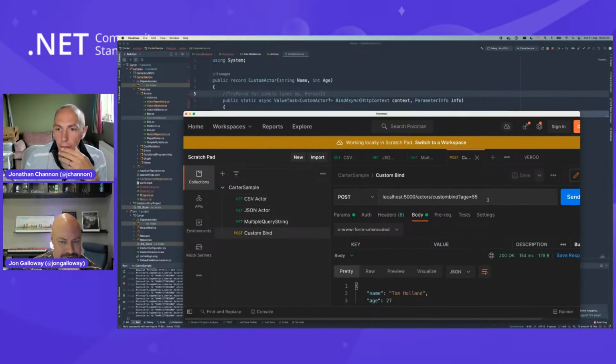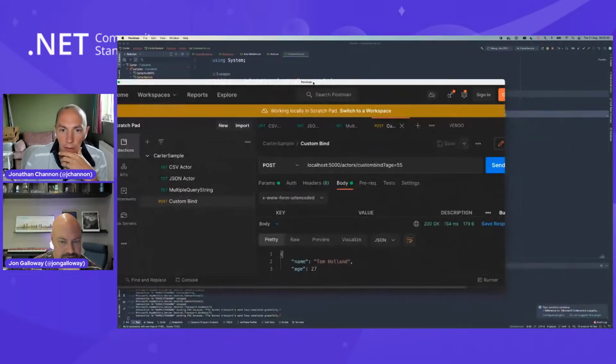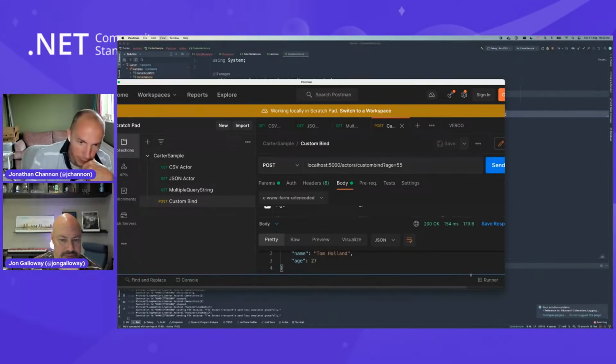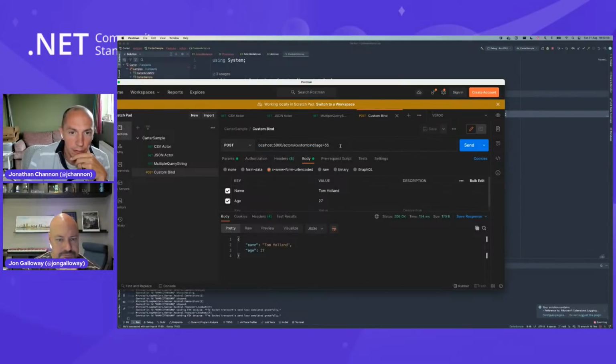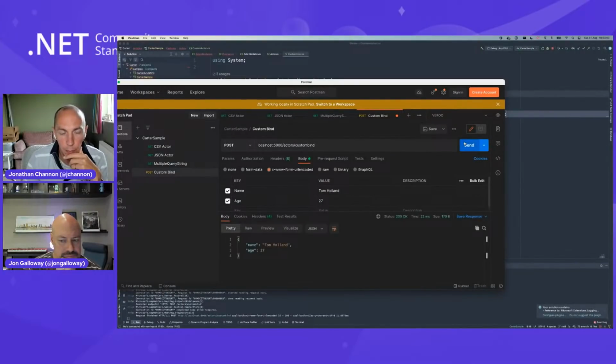So this is an example of it calling this custom bind route. And the body, oh, I'm going to have to zoom out, I'm afraid. We pass in a form with the values there. And then in our minimal API, we just return what it binds.